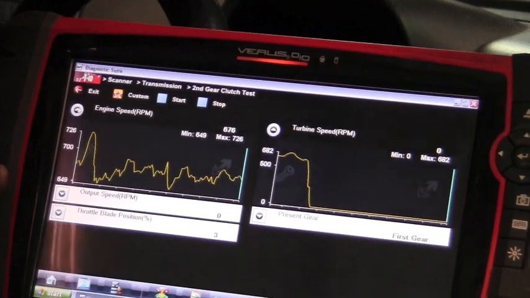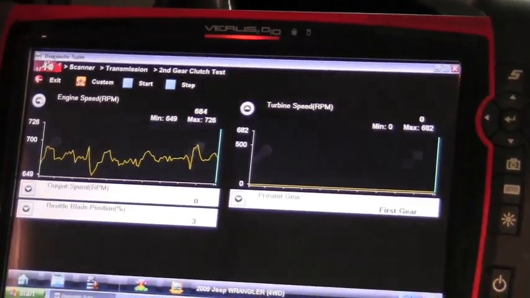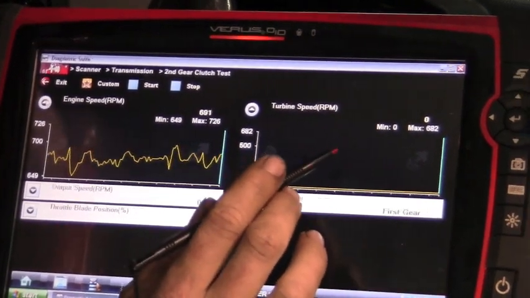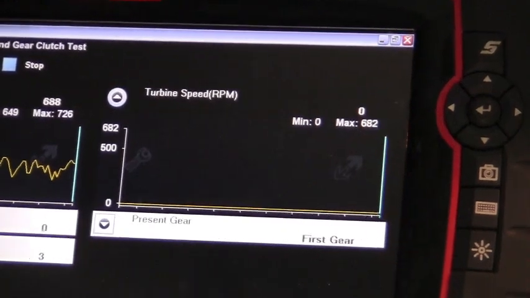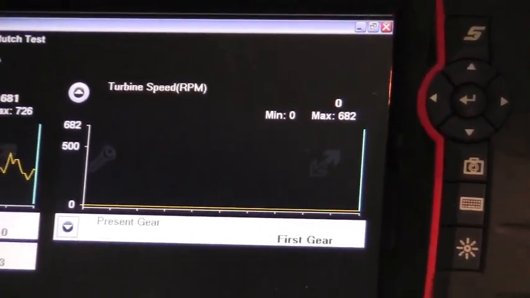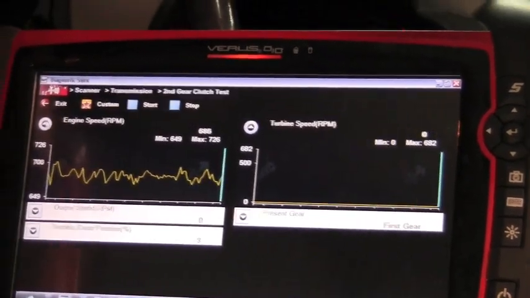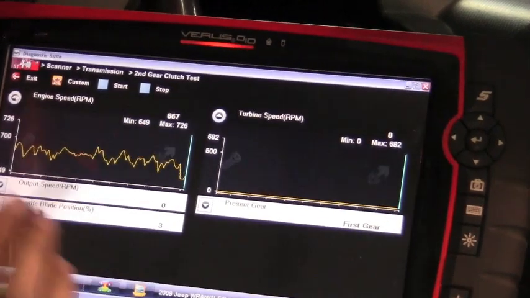Okay, we're on our second gear clutch test. This is the clutch that we believe there is an issue with. Note, your turbine speed is 0 now that the unit is in drive, and note your engine RPM. We're going to do the same thing as with the first gear clutch test. We're going to increase throttle and see what our returns are. So I'm going to initiate the test